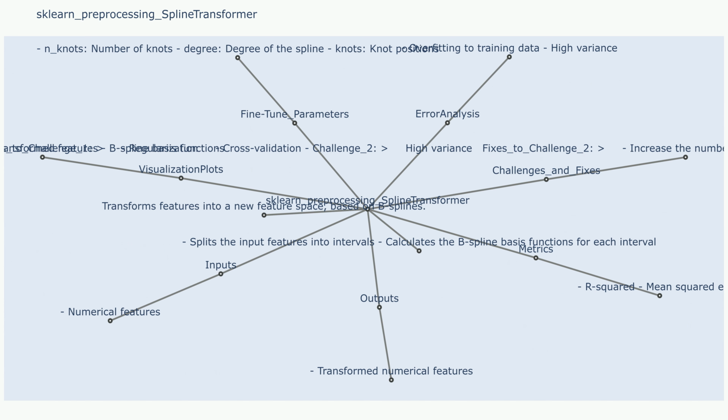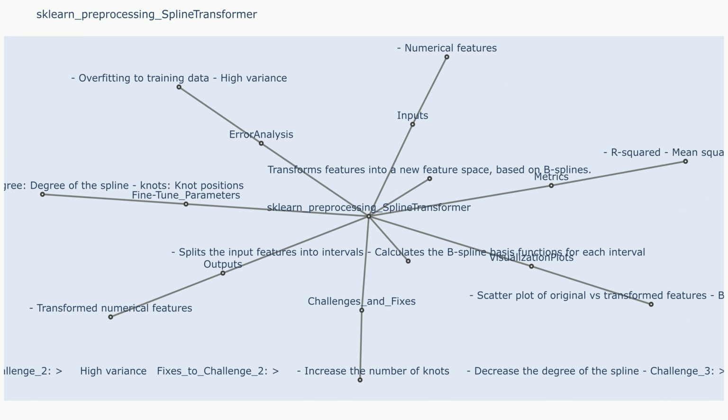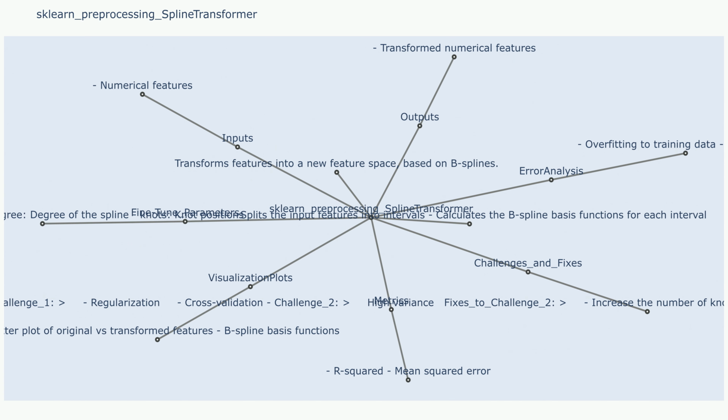new features generated. Metrics. Metric 1: R², a common metric used to evaluate the goodness of fit of the model after the spline transformation. Higher R² values indicate a better fit of the model to the data. Metric 2: mean squared error (MSE) measures the average squared difference between the predicted and actual values. Lower MSE values indicate better model performance.